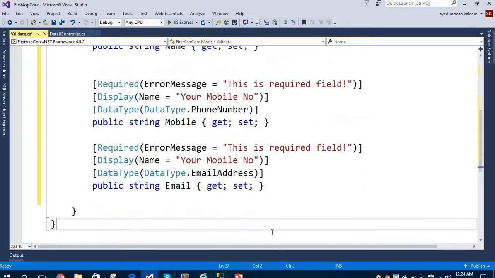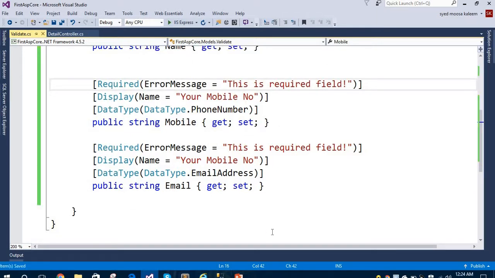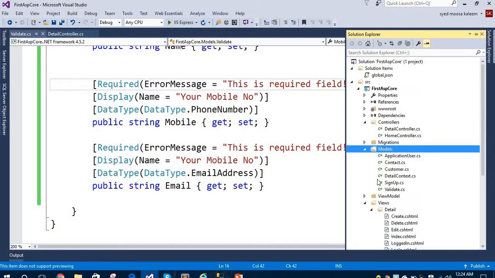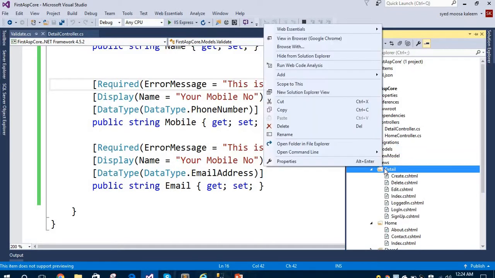Let's save this file and let's move to the views folder and create in this detail folder, and let's create